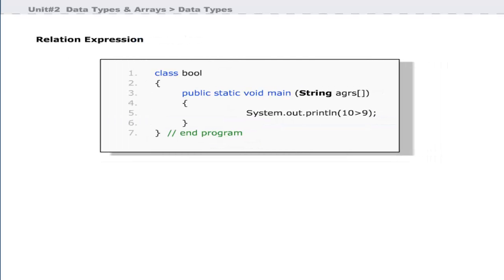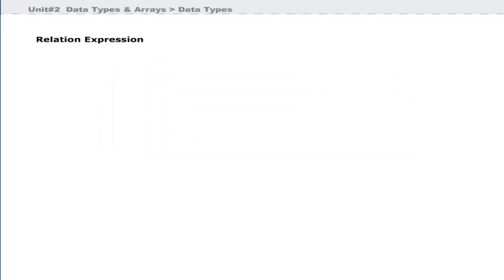Now let us see another program that uses a relational expression and returns a Boolean value. At line 5, a relational expression is given as an argument to print method. Since the number 10 is greater than 9 and this relational expression returns true Boolean value, this program will print true. It is important to note that only Boolean values true and false are sufficient to control if, while and